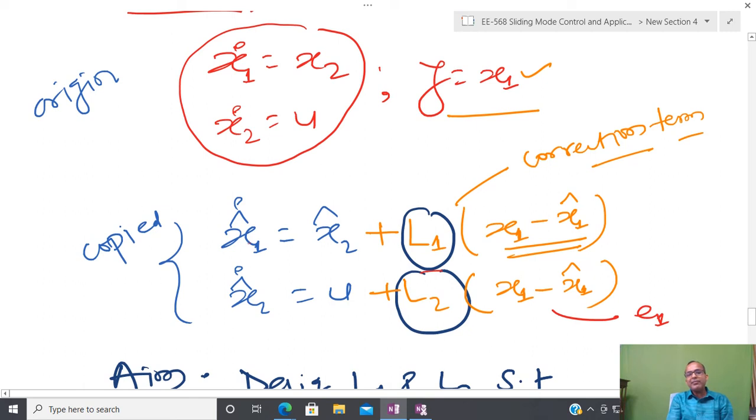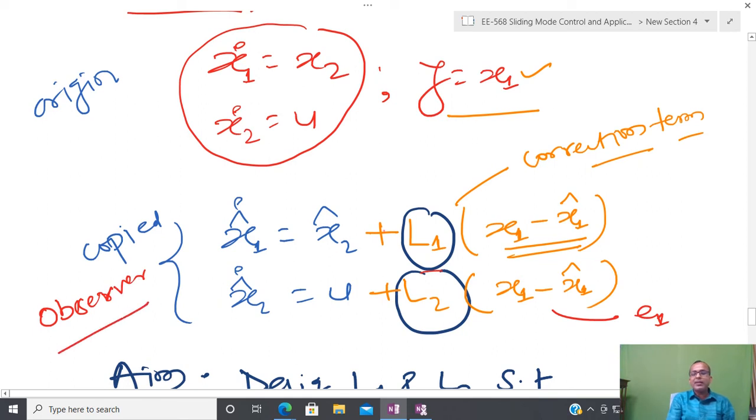Copy means the equation is only going to copy, but I can give any initial condition, because in order to solve any differential equation you need an initial condition. So you can take any initial condition, and after that you are able to solve this problem. Does anyone have confusion? This particular equation is nothing but the equation of the Luenberger observer.